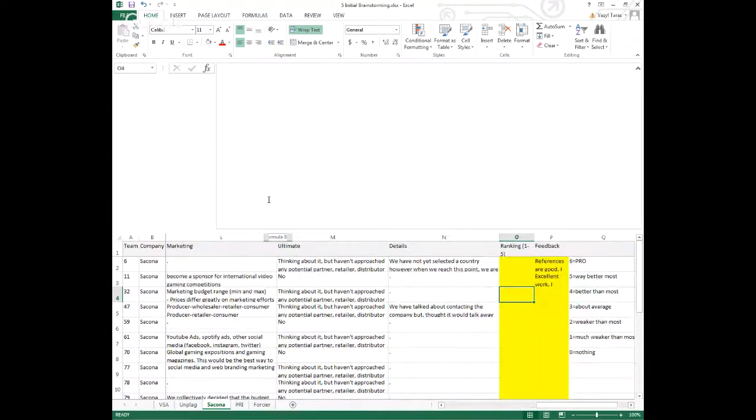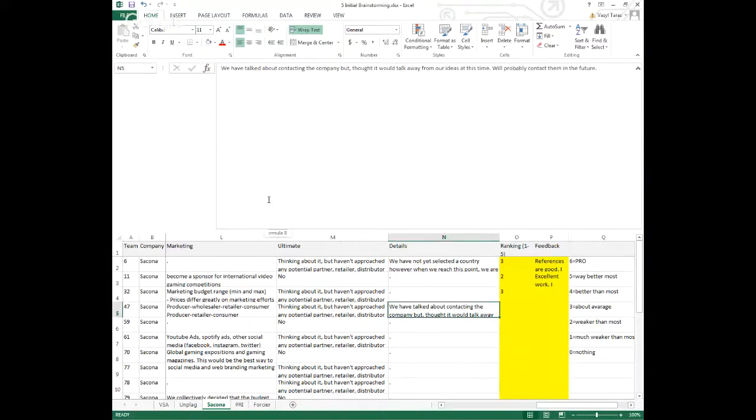So once I look through a few of those, I will probably know that Team 11 is probably about average from what I see. And the first and the third one are probably about average. But the second one is probably below average, so I'd give them a 2, right?